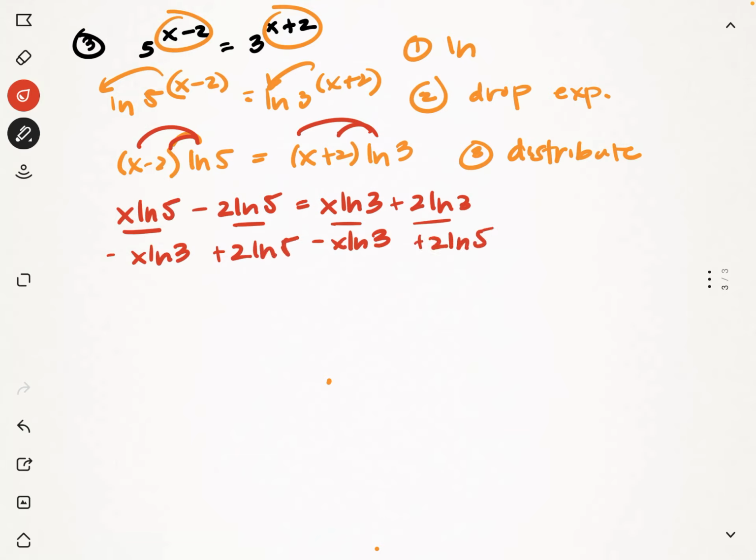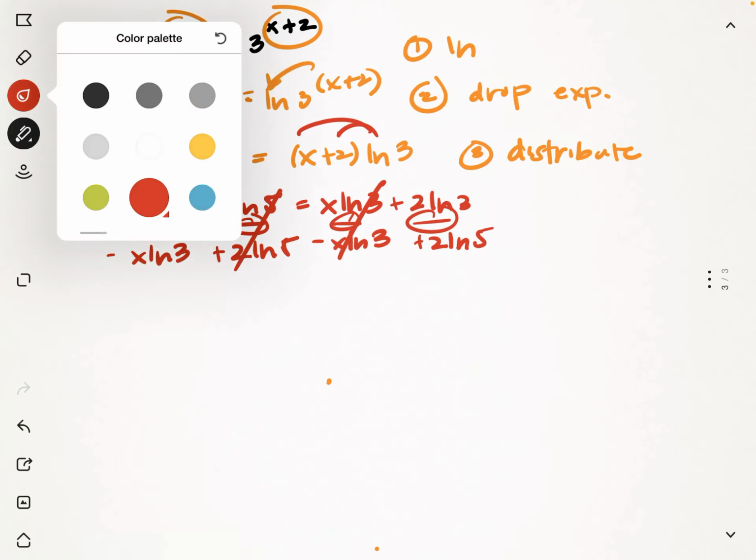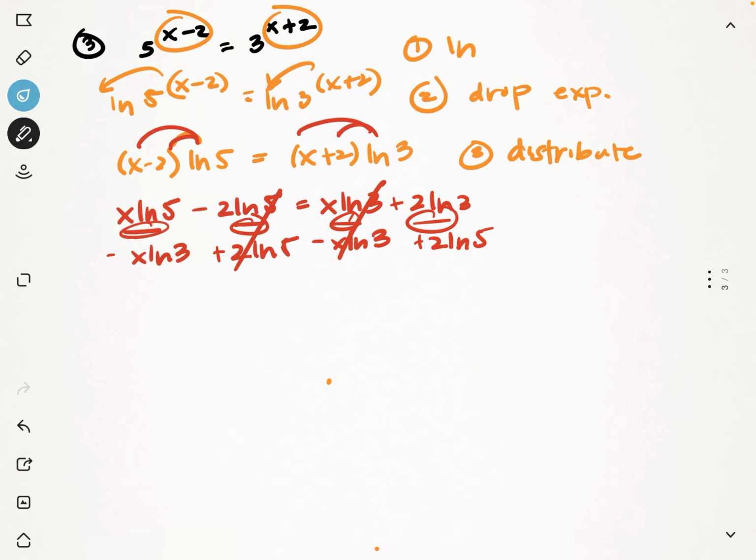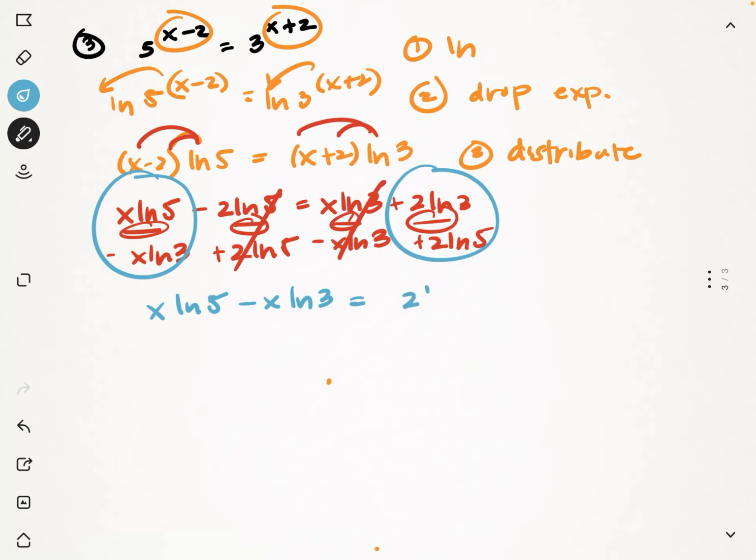And what that does is it moves the x to the left, and it moves this thing that doesn't have an x in it to the right. So we're going to do, and remember, these are not divisions, right? These are just showing the 4 terms. Let's use a different color here, clean it up. Okay, so what we have on the left side is x ln 5 minus x ln 3, right? Those are the things that are left over. And then we have this thing here. So on the right side, we have 2 ln 3 plus